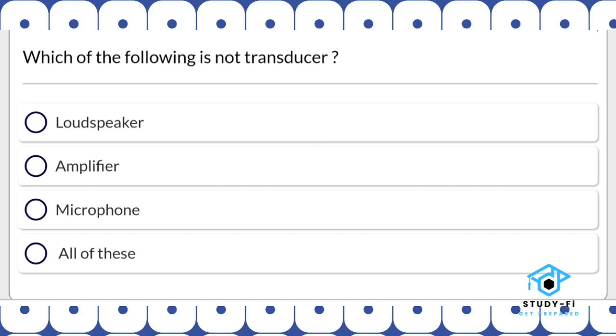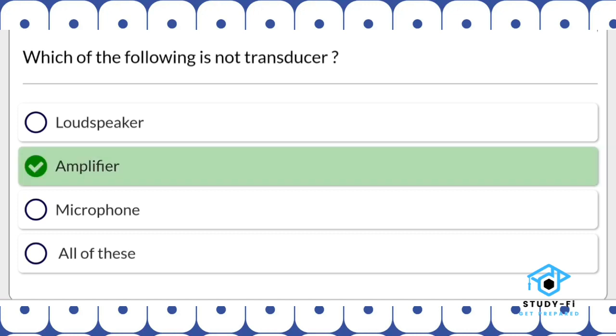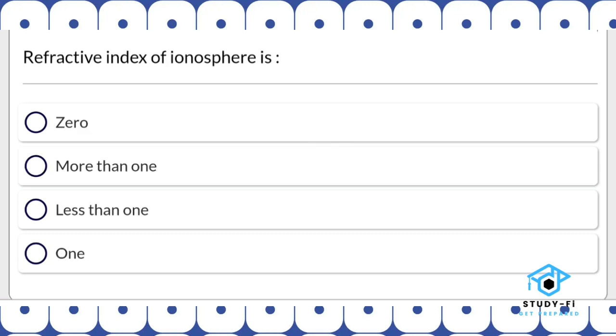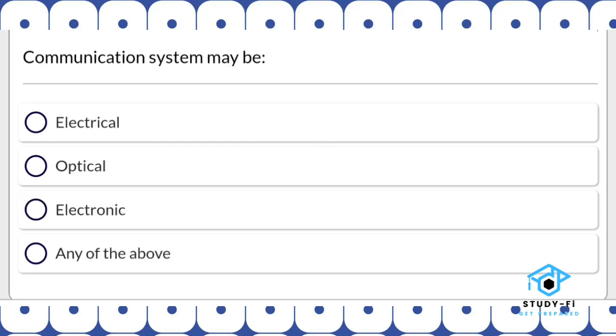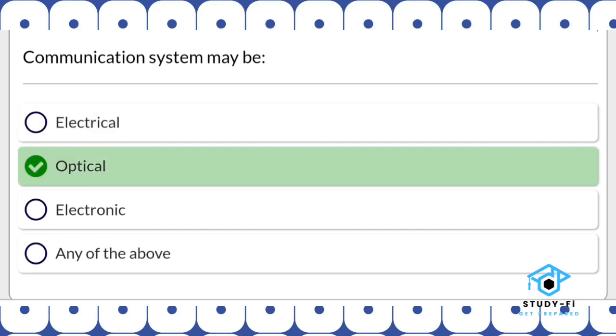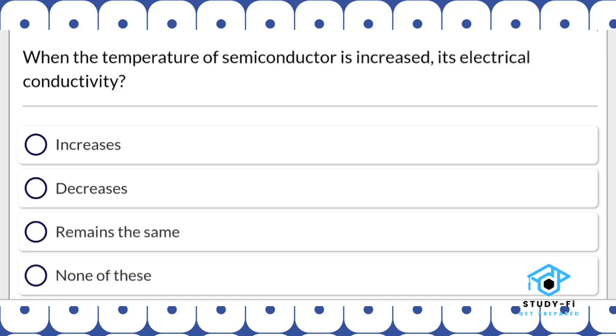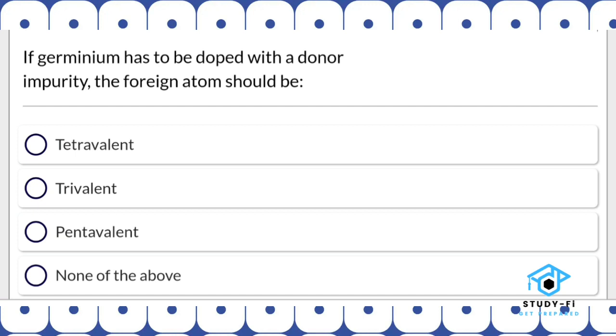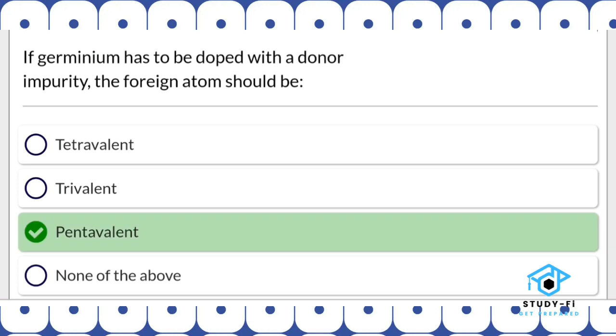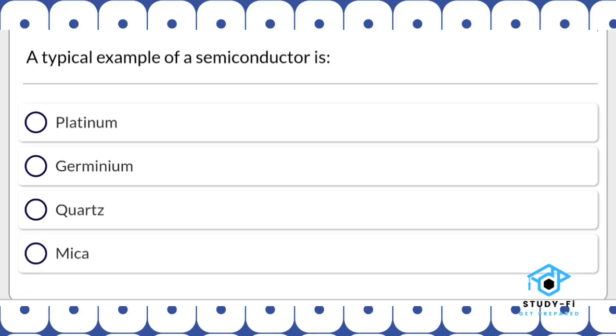Which of the following is not a transducer? Amplifier. Refractive index of ionosphere is less than 1. Communication system may be either electrical or optical or electronic. So any of the above is the right answer. When a temperature of semiconductor is increased, its electrical conductivity increases. If germanium has to be doped with a donor impurity, the foreign atom should be pentavalent. A typical example of semiconductor is